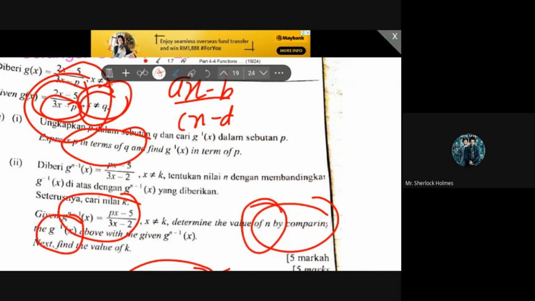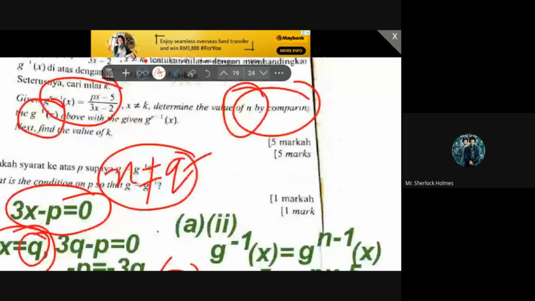Two. N value, careful, not P. I mean not K value. I think careless mistake over there. Zero, yeah, very good. I know, correct. Maksud dah faham dah yang ni. So,